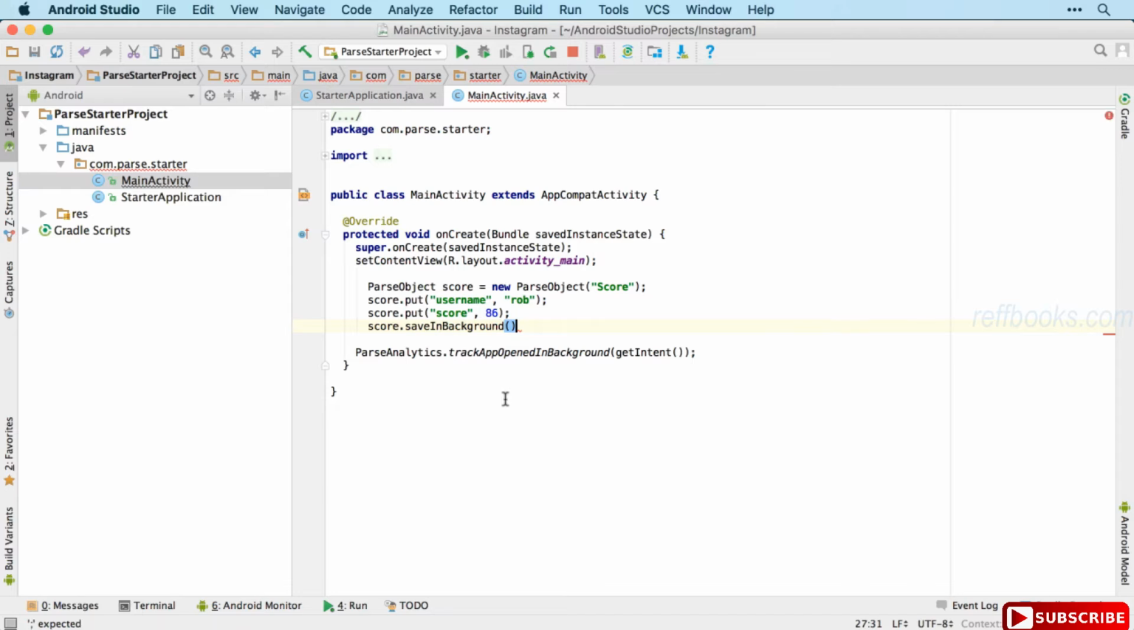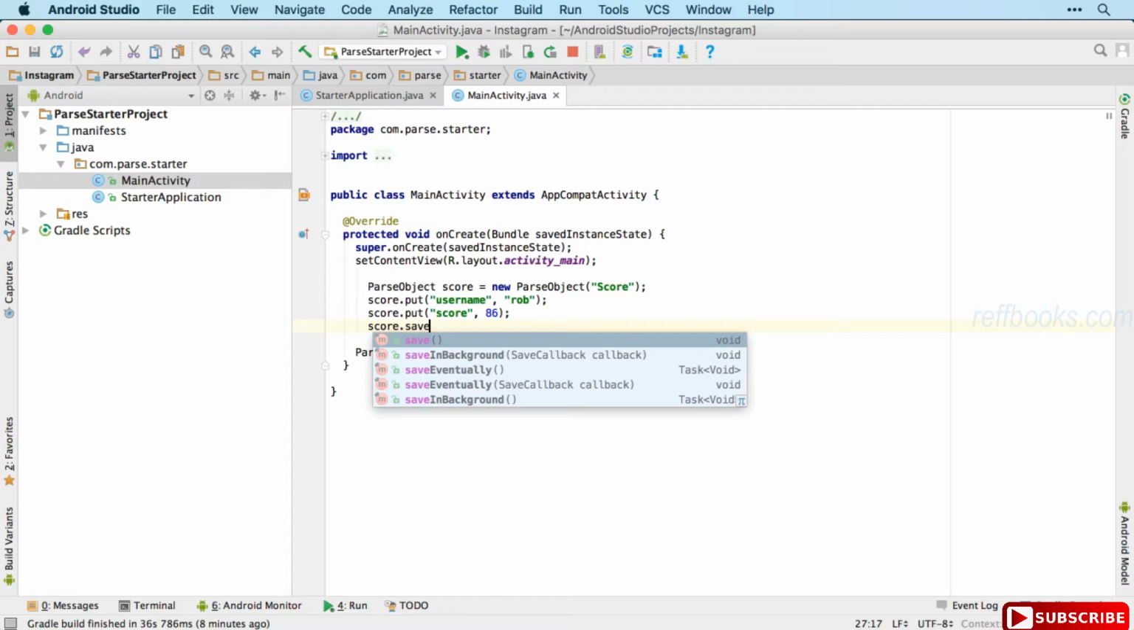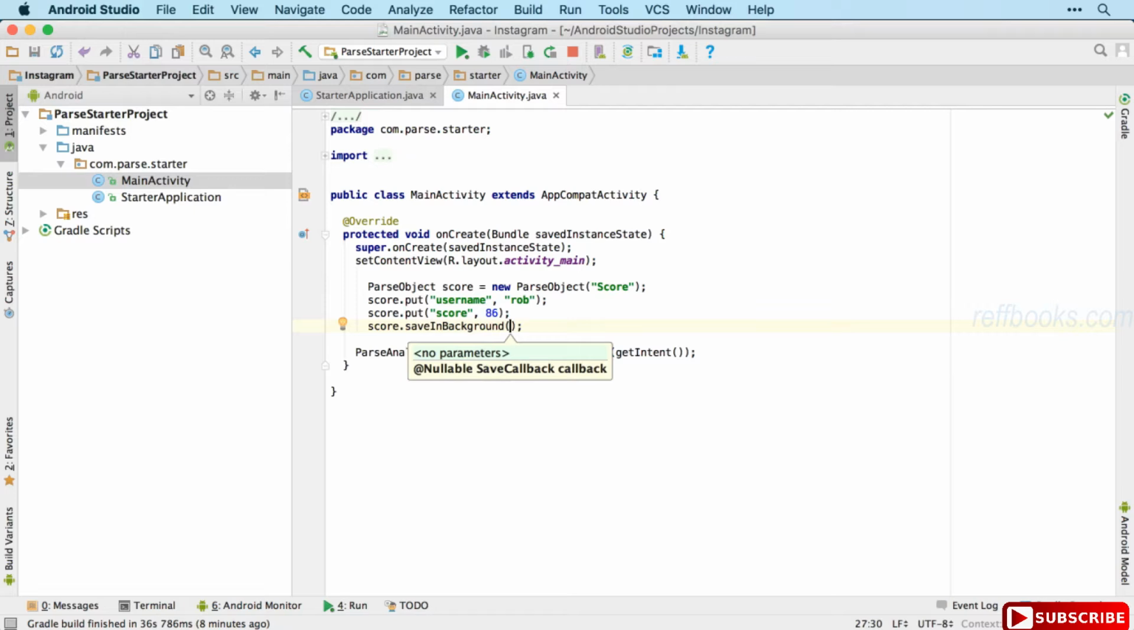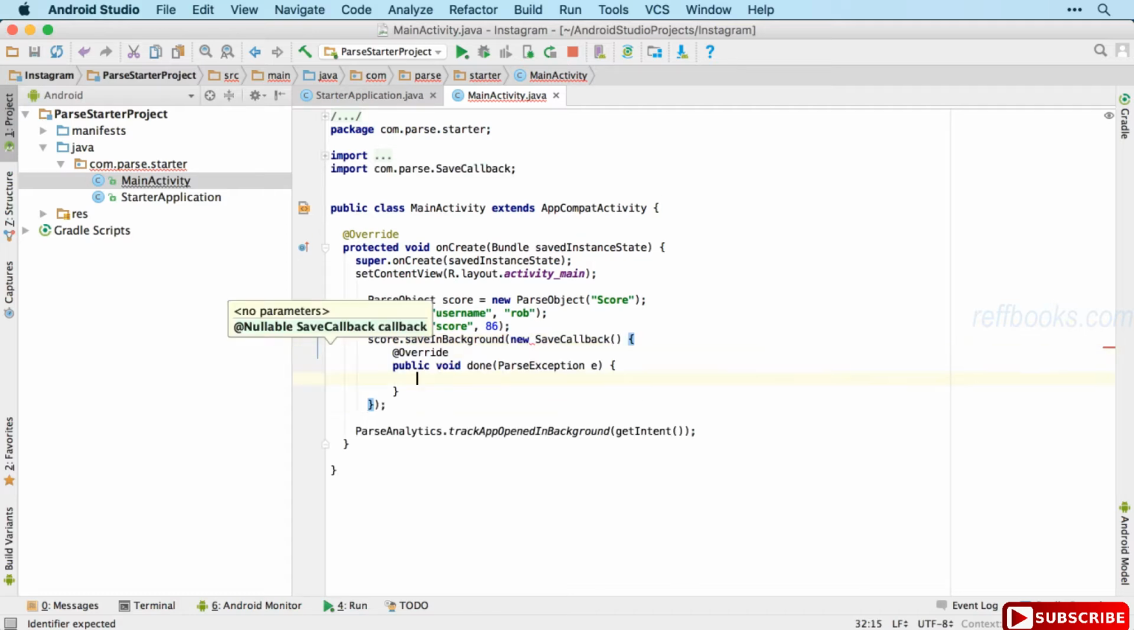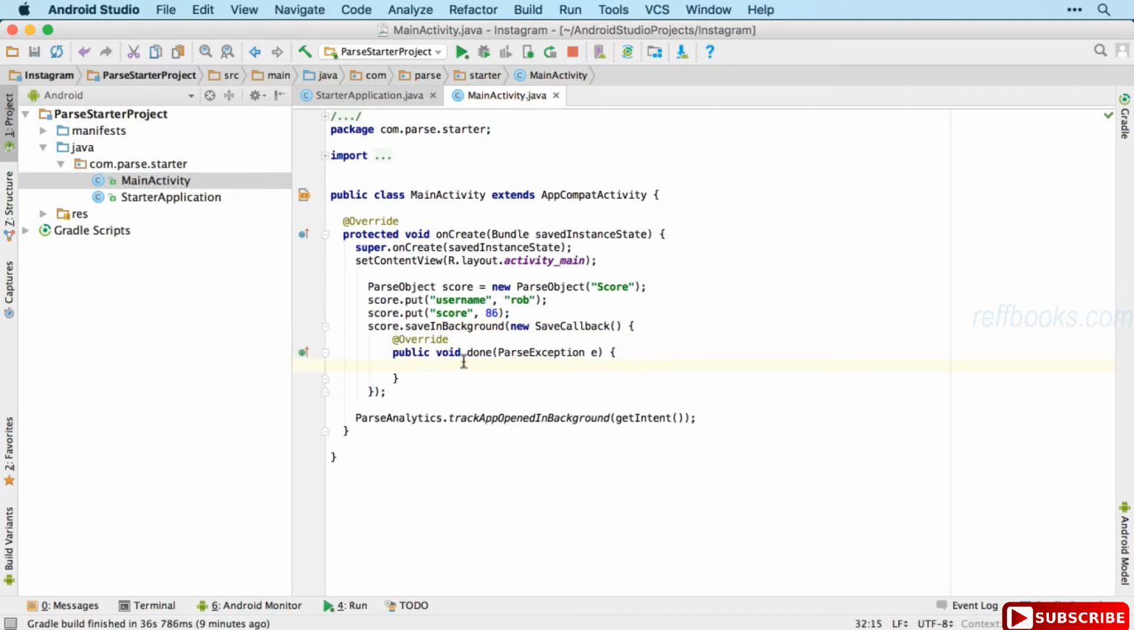And then notice we've also got callback options. So we can just use a standard save in background, and if we run that, that will attempt to save it, but it doesn't give us any idea as to whether that's been successful. So almost always, I think it's a good idea, unless you really don't care whether it's been successful or not, to use the callback option. And then to add a callback, we just create a new save callback. There we go. And that will give us a done method, which will be called when the save is done,